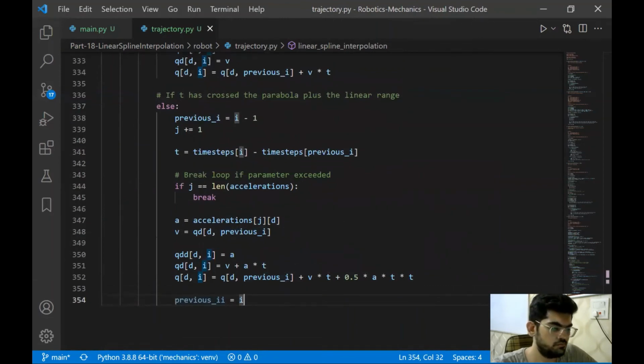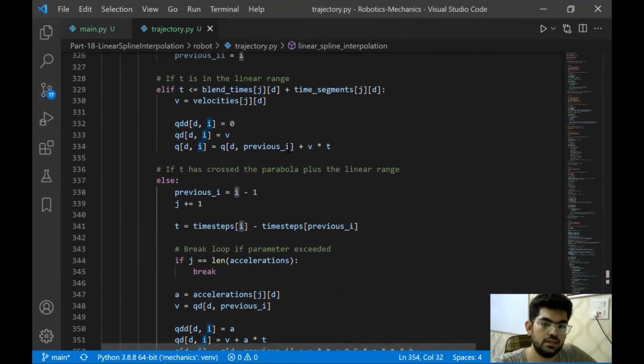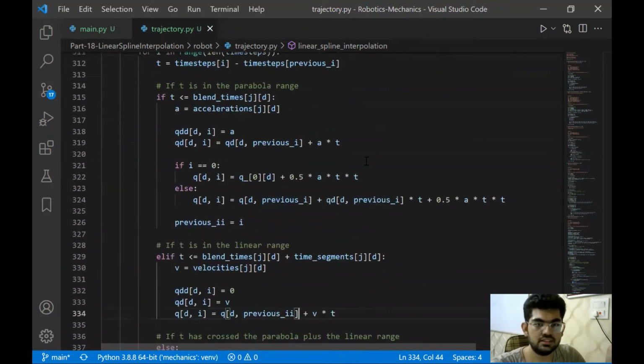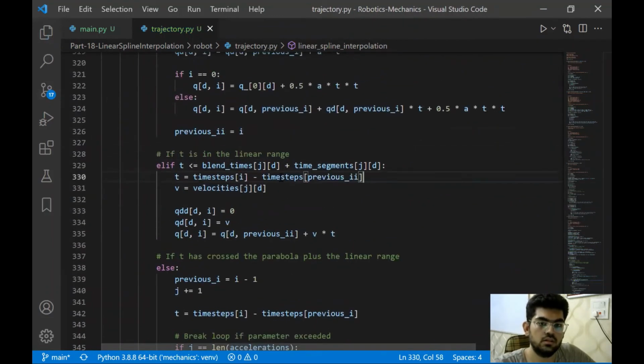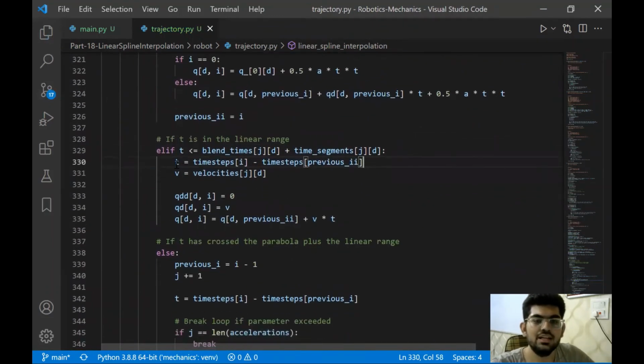Okay, we needed to use previous ii over here. This is, as we know, to save the value, the start of a linear segment. All right, so some mistake over here.